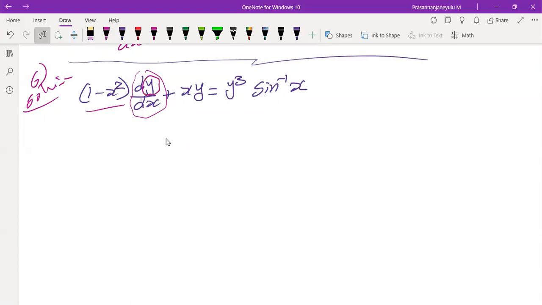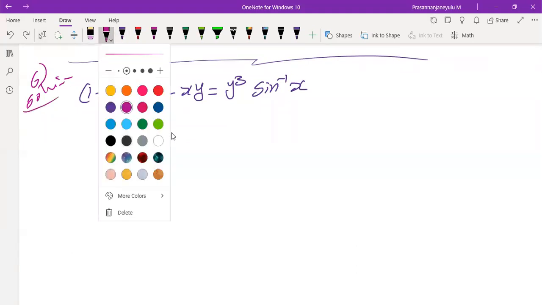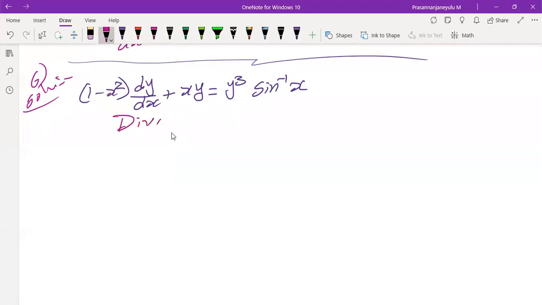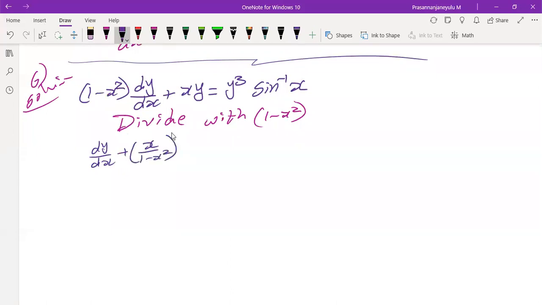But here it is in terms of which variable? The x variable. So what do we have to do? We have to divide with 1 minus x square. If we divide with 1 minus x square, it is going to become: the first term is dy by dx plus x by 1 minus x square into y is equal to sine inverse x by 1 minus x square